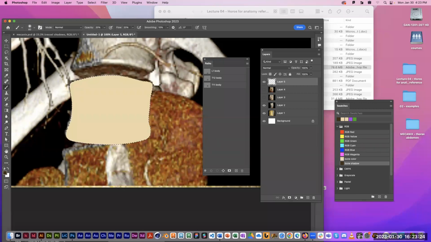So I've got an 80 pixel brush with a soft feather edge. I've got low opacity and low flow. I'm actually going to make the brush a little bigger to start with. And I'm very gradually going to rough in